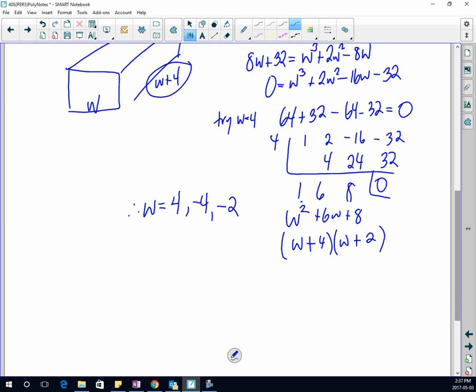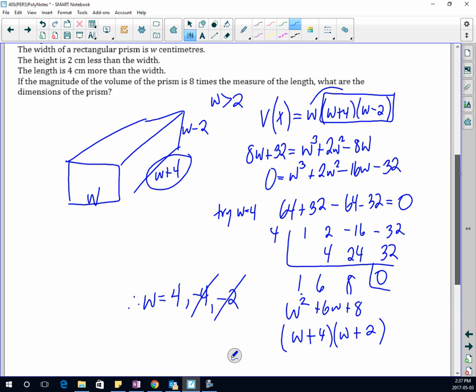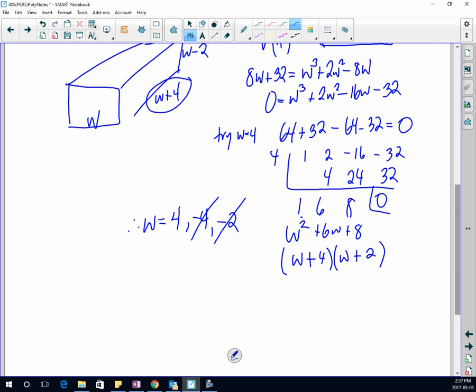But what are we going to do? We're going to reject these two solutions. So again, we show all the possible solutions and then we reject it. So now we've got to go back and answer the question. What are the dimensions of the prism? So if w has to be 4, the dimensions are